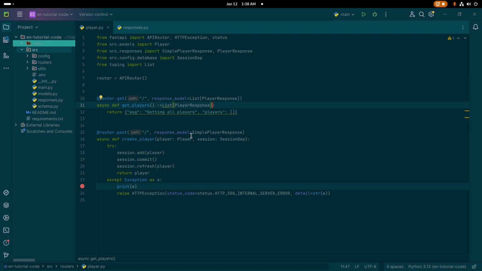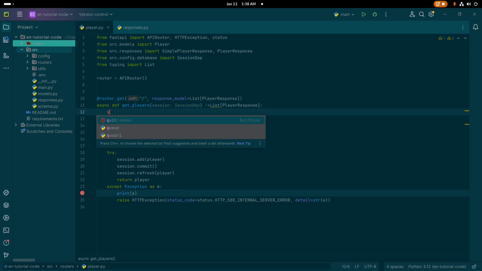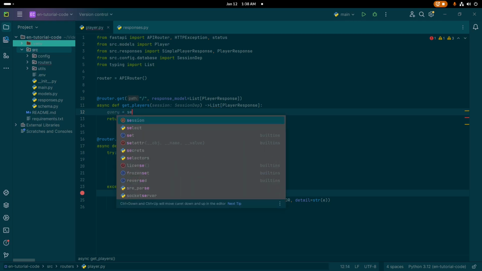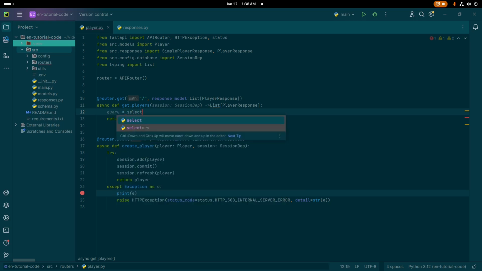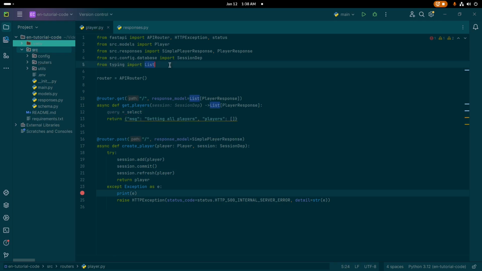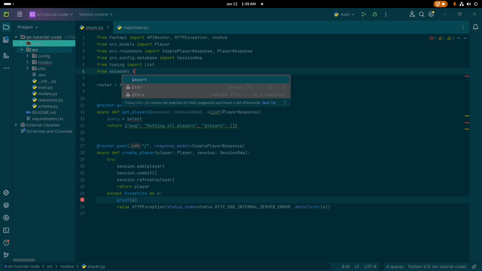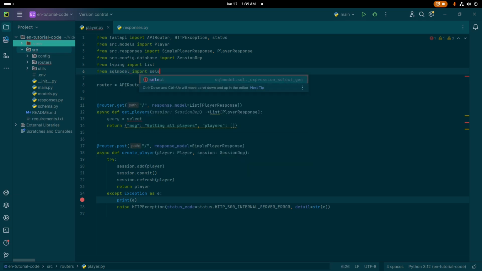Here we are going to give this session, since we are getting all the players from the database query. Here we are going to use select from SQLModel import select. Okay, then from player